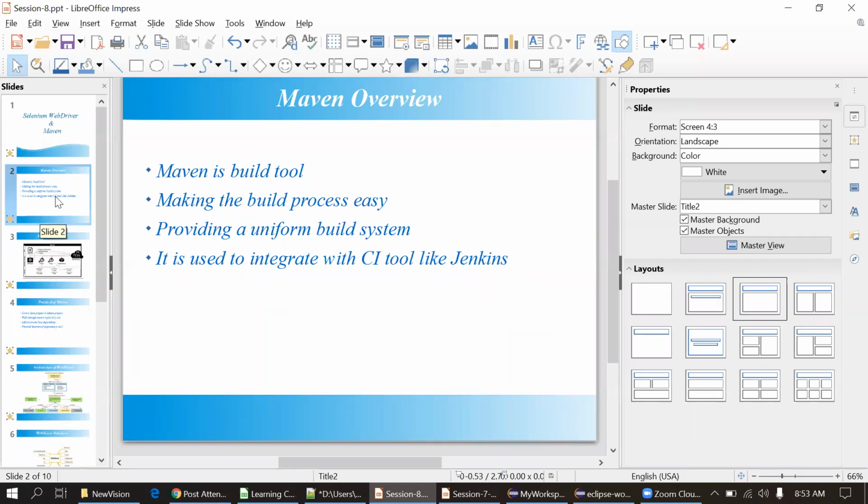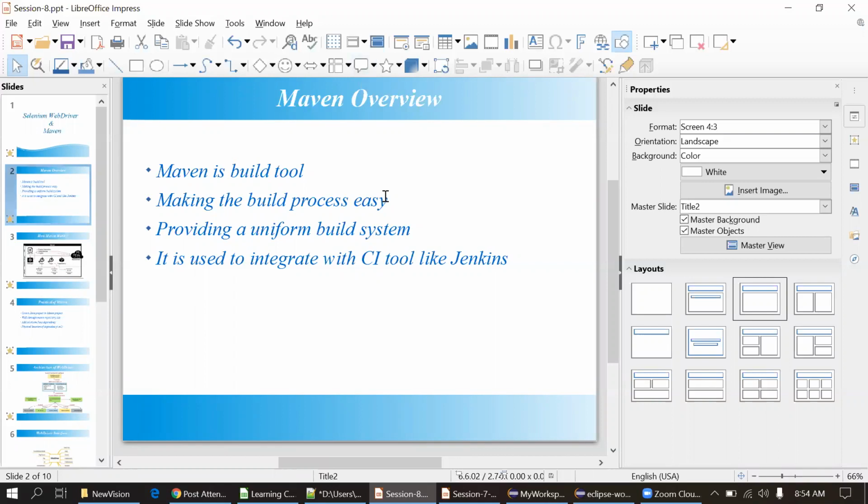Suppose we are working on one project, and that project depends on another project. What we will do is create a jar of that dependent project, and use that dependent project's jar in the existing project. That is the main fundamental reason to use Maven as a build tool. And we also get the jar in the proper format. We don't have to follow different processes. Every developer can follow the same process, and they will get a jar and documentation as well for that project.